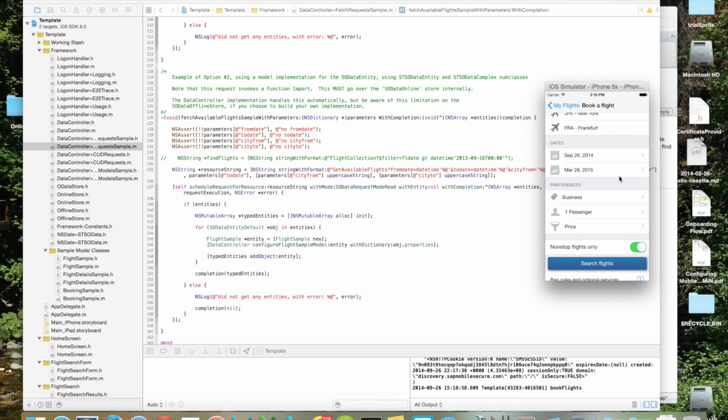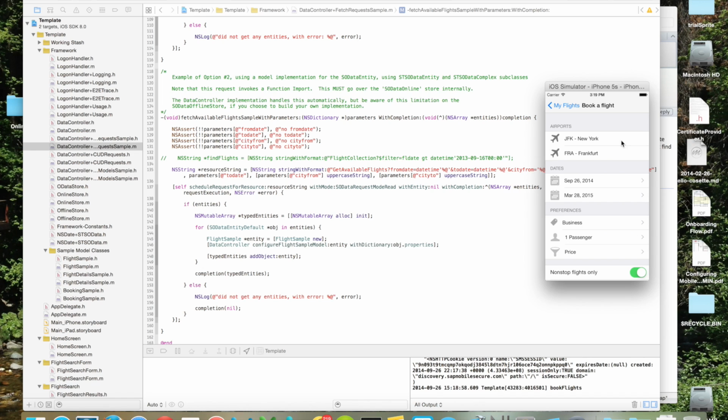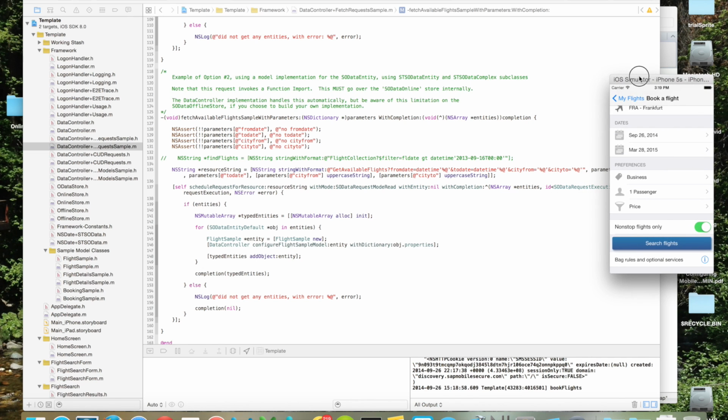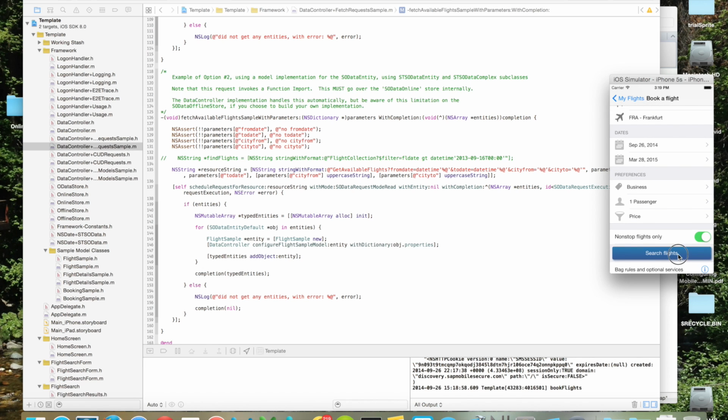So we have a search form. I've gone ahead and pre-populated the cities that we're going to travel between, New York and Frankfurt, and some dates. And the preferences are just standard. So what I'll actually invoke here is a get function import, get available flights from date to date, city from, city to, and that's all here. So we'll go ahead and search,